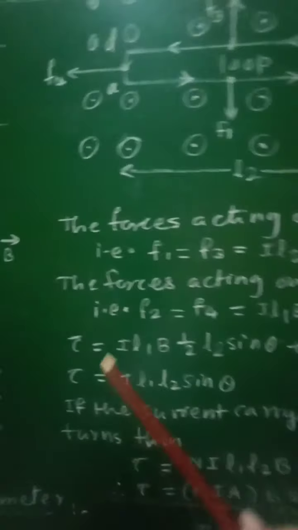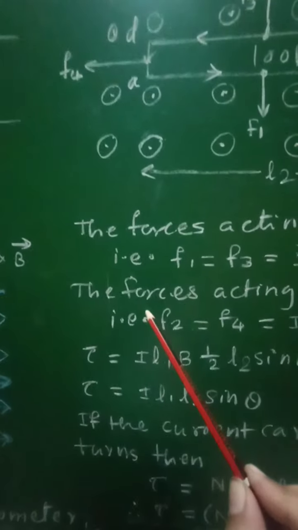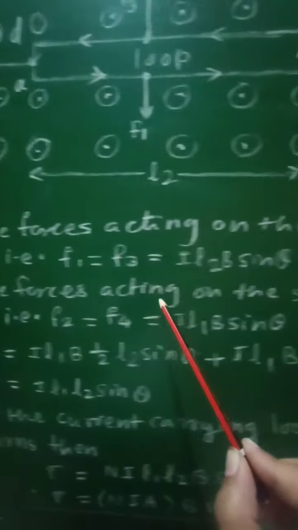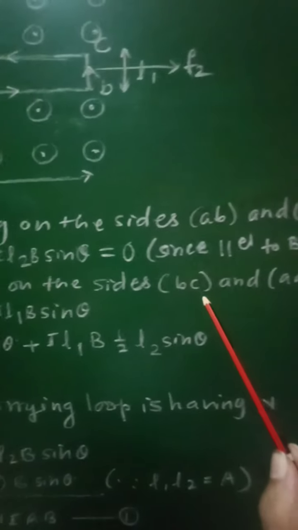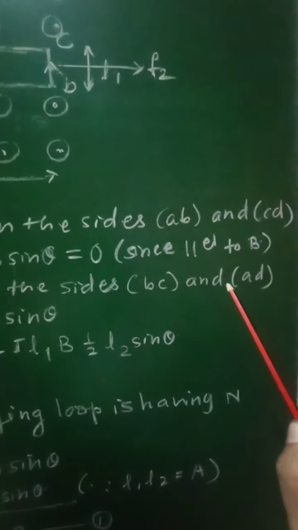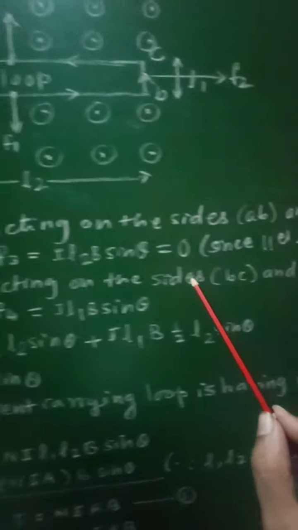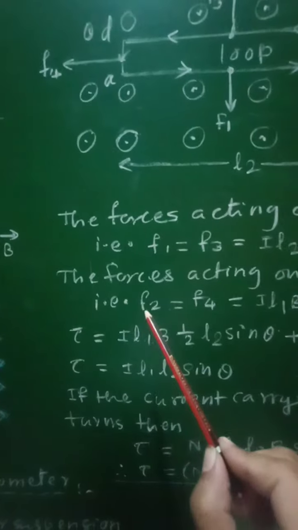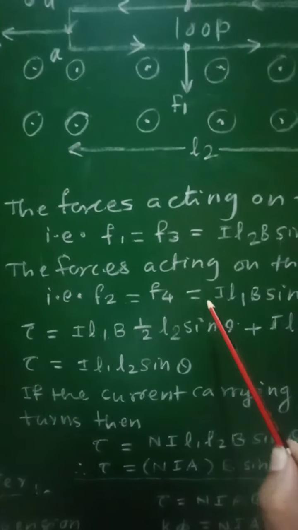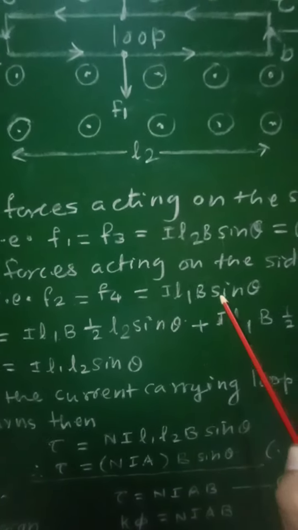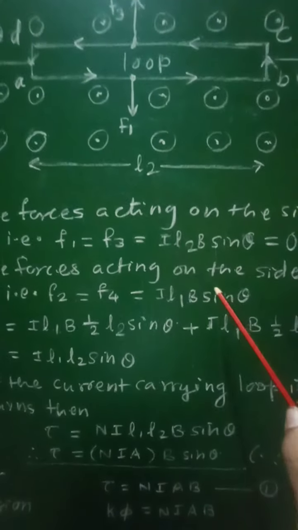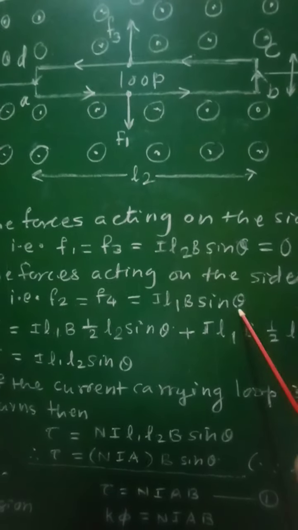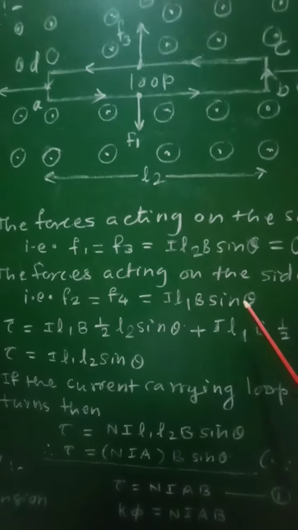Now let us consider the forces acting on the remaining sides BC and AD. So the forces acting on the sides BC and AD, which are perpendicular to the direction of magnetic field, will be given as F2 equal to F4 will be equal to I L1 B sin theta. Here there is deflection of the coil through angle theta, and therefore we have taken here theta in the displaced